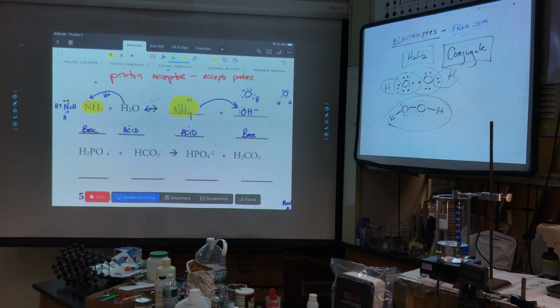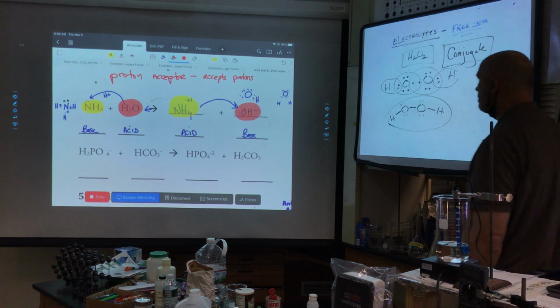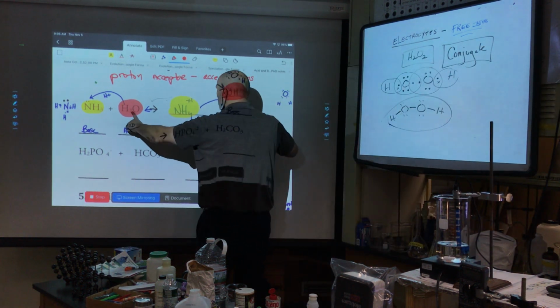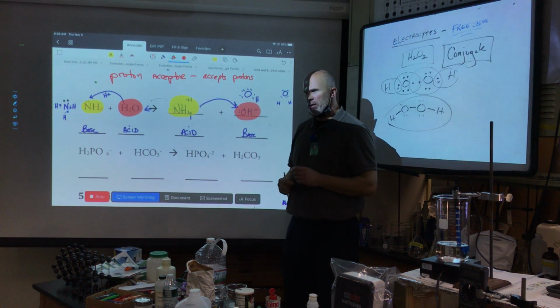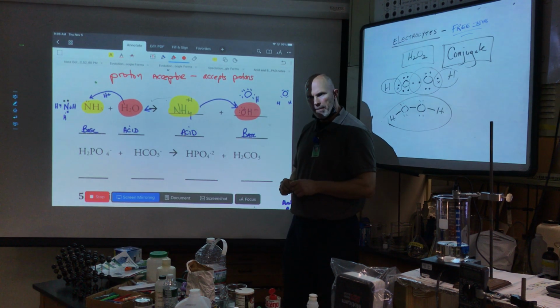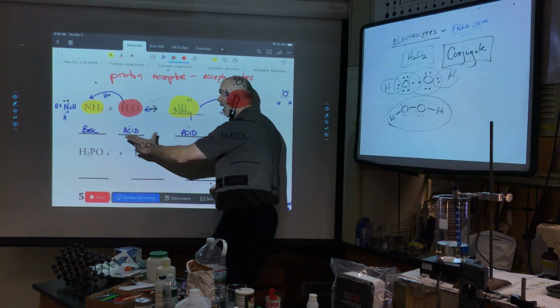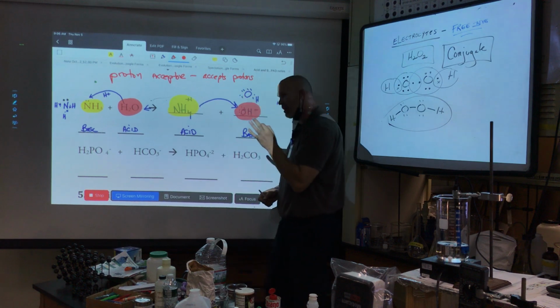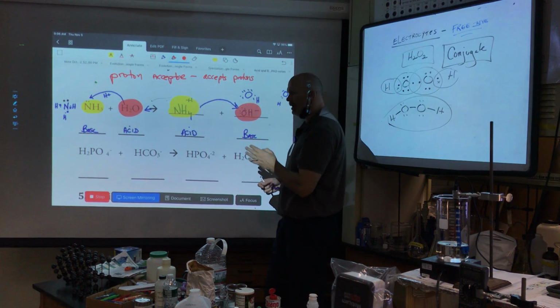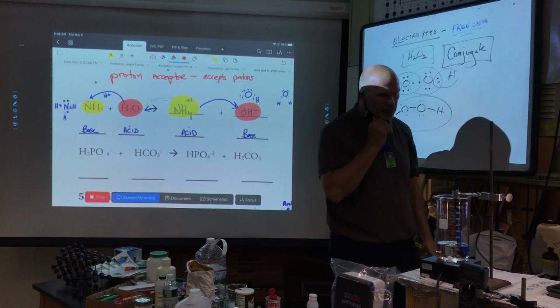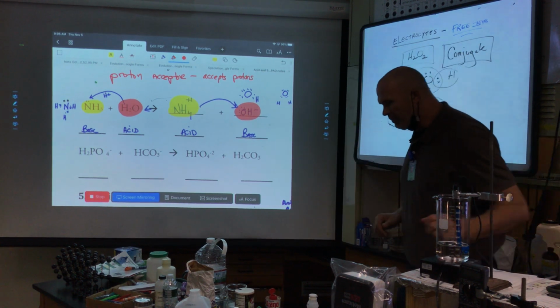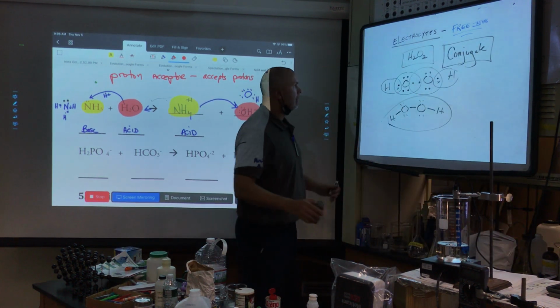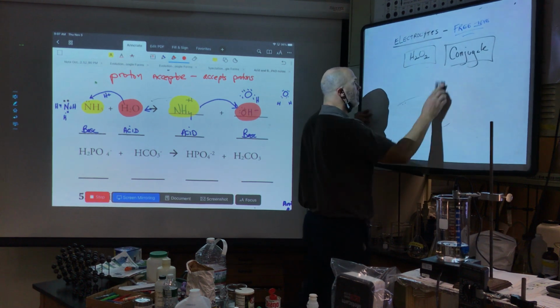What would be the other conjugate pair? H2O and OH minus. Conjugate means same chemical plus or minus 1 H. It's a pair, okay? These cannot be conjugate pairs because they're different chemicals. Now think with me for a second. If I have hydrochloric acid, all right, let's get rid of this guy. If I have hydrochloric acid,